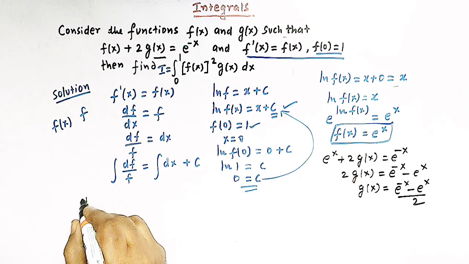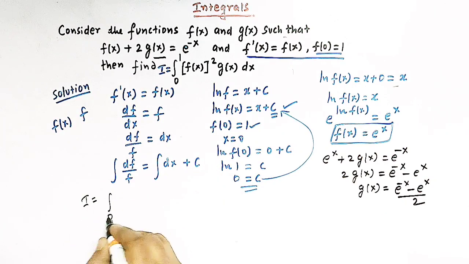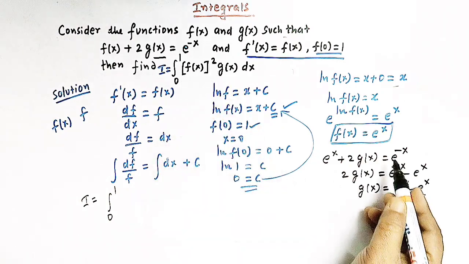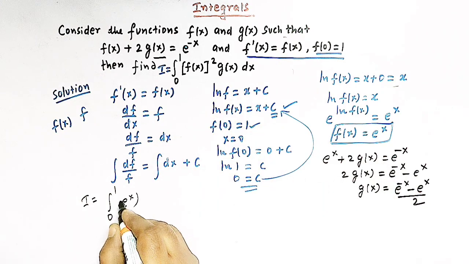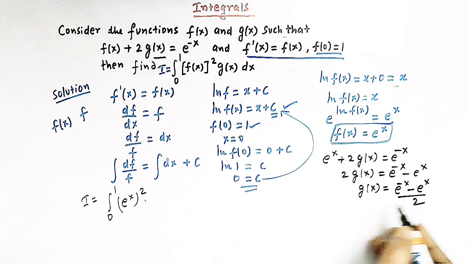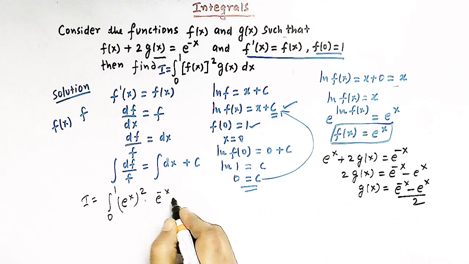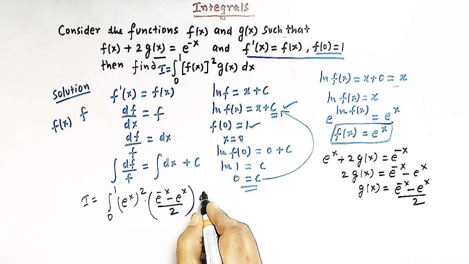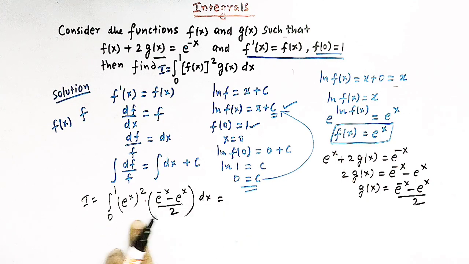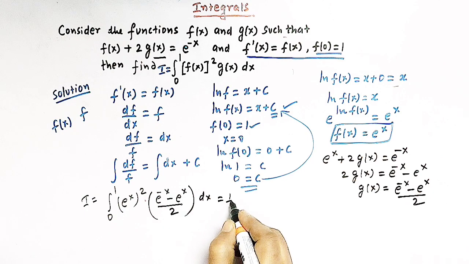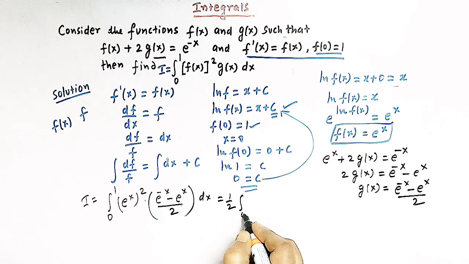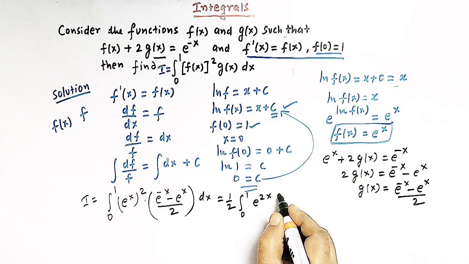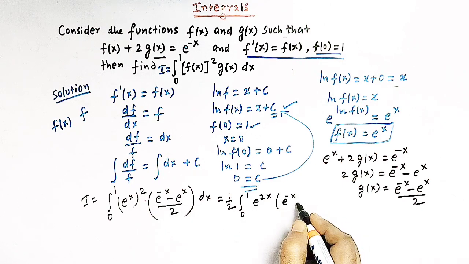So now we can write I is equal to integral from 0 to 1 and square of f of x, that is e raised to x square, and for g of x we have e raised to minus x minus e raised to x over 2, and here we have dx. So let us simplify it. We can take half outside the integral. We have 0 to 1 e raised to 2x, and here we have e raised to minus x minus e